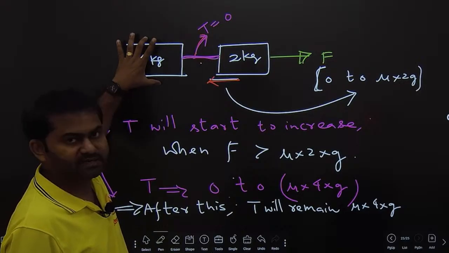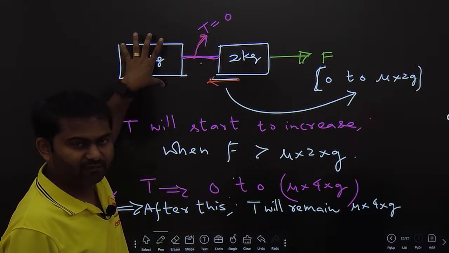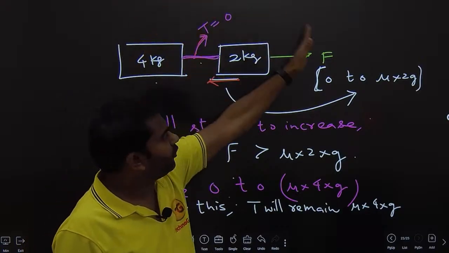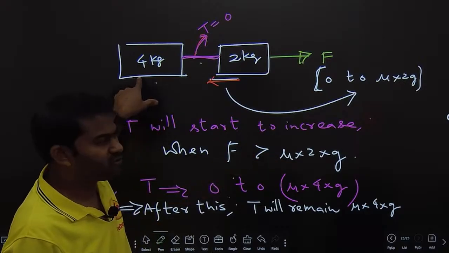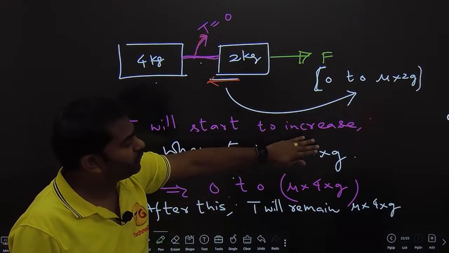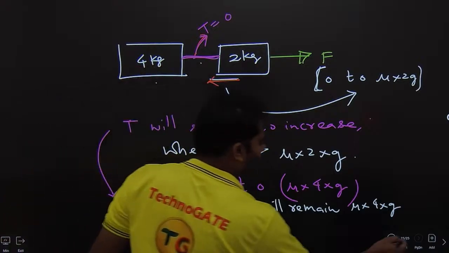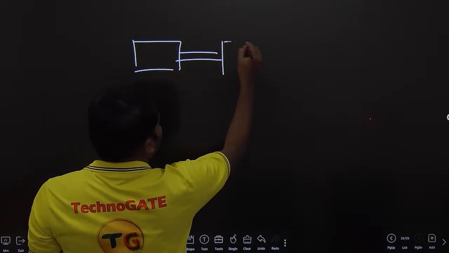It's actually here itself. mu2g should be here, it should be constant, it should be here itself, understood? Okay, so by the time this value of force will be going beyond this mu into 4 into g also, అంటే ఇక్కడ mu into 2 into g దాటిన తర్వాత ఈ యొక్క mu into 4 into g కూడా దాటుతుంది. సో ఓవరాల్ గా తీసుకుంటే టెన్షన్ కాన్స్టెంట్ అయిపోయింది, ఇలా ఉందన్నమాట.